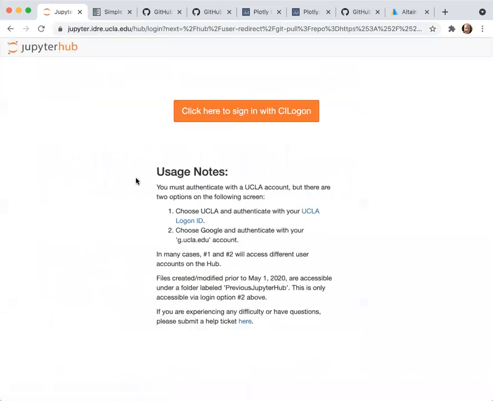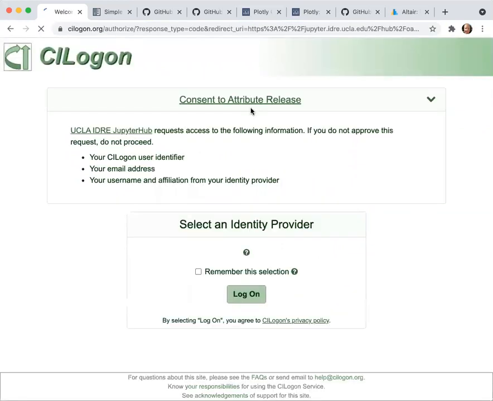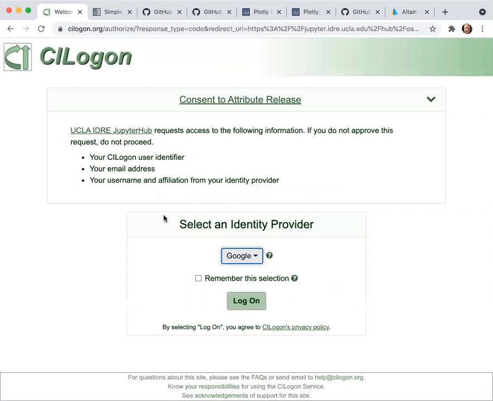So when you click on the launch into the Jupyter Hub, you'll click on the orange button to log in. That will then require that you select an identity provider. You can select either UCLA, which will then take you to the UCLA sign-in page, or you can select Google and sign in with your g.ucla.edu email.